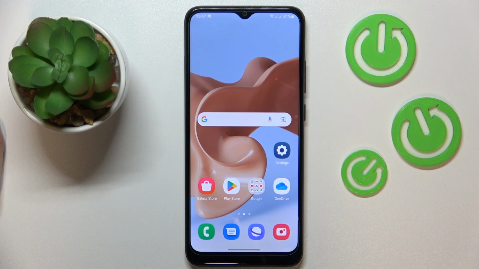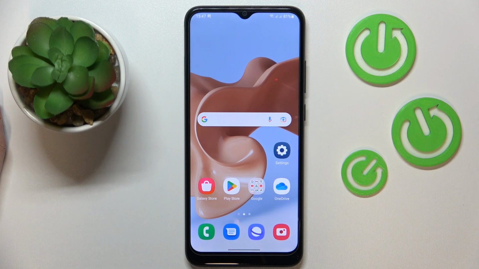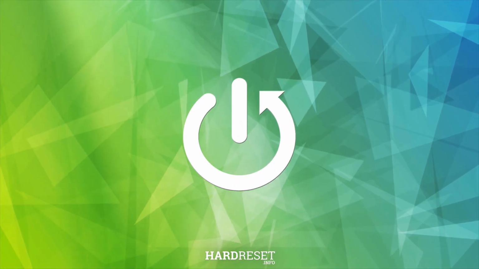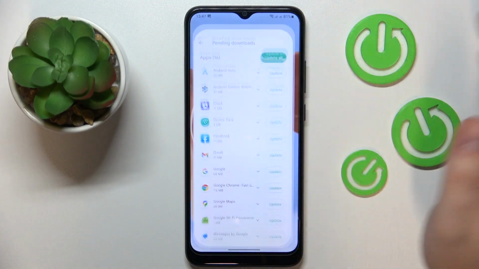This is Samsung Galaxy A03, and today I would like to demonstrate that you can download and install the Opera browser on it. So first step is to make sure that your phone is connected to Wi-Fi, then launch the Play Store, log